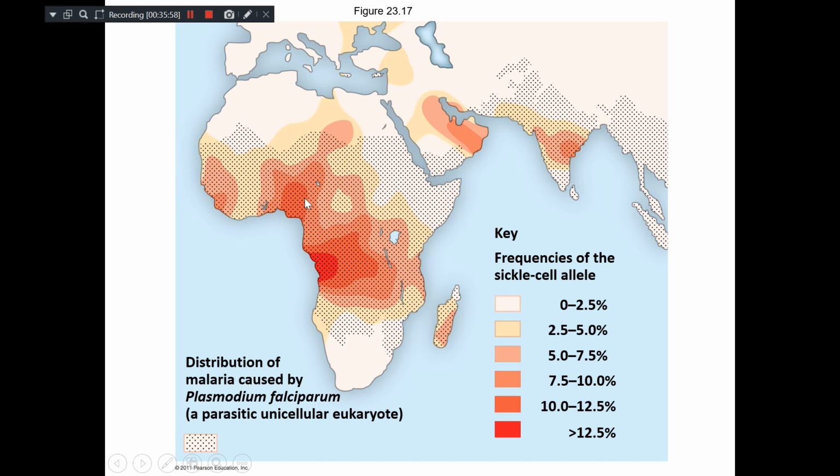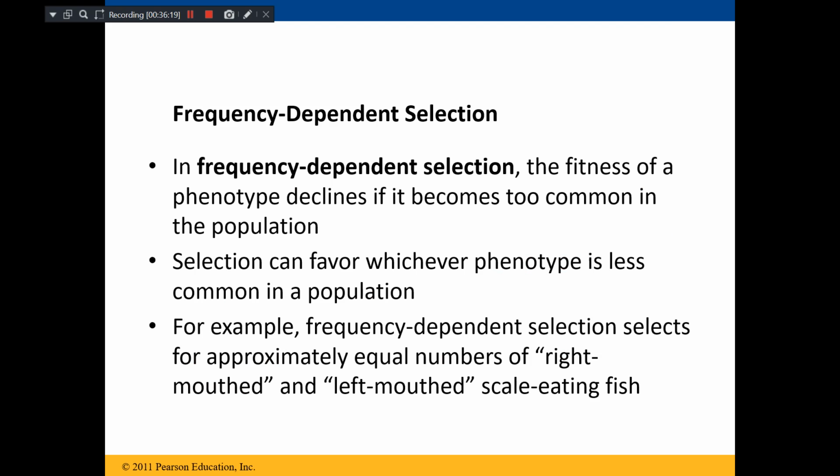But if you come to Africa where malaria is more prevalent, and this part of India also, see the percentage of sickle cell will be more because sickle cell confers more resistance to malaria. That is heterozygote advantage.